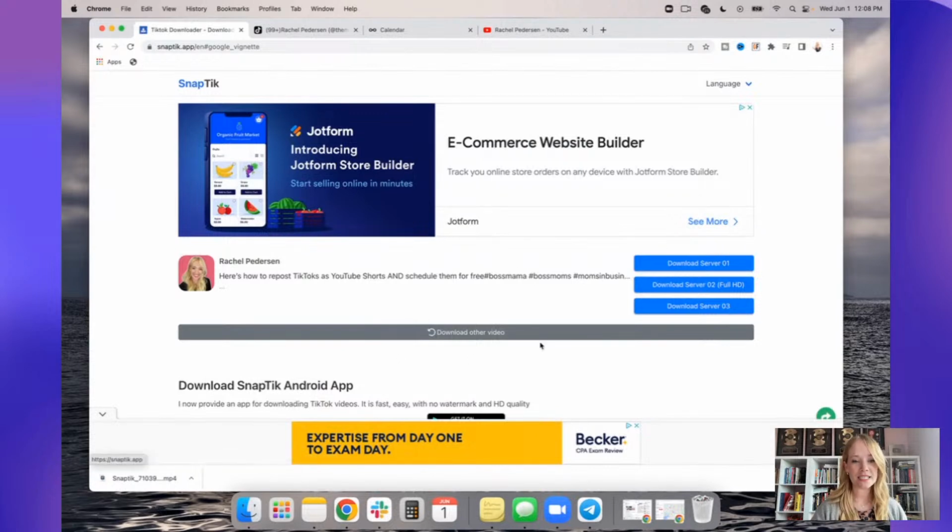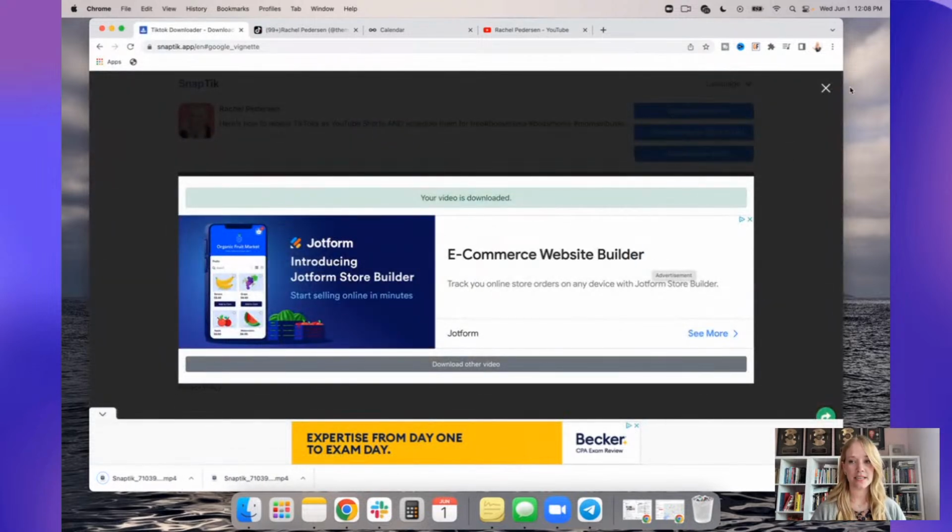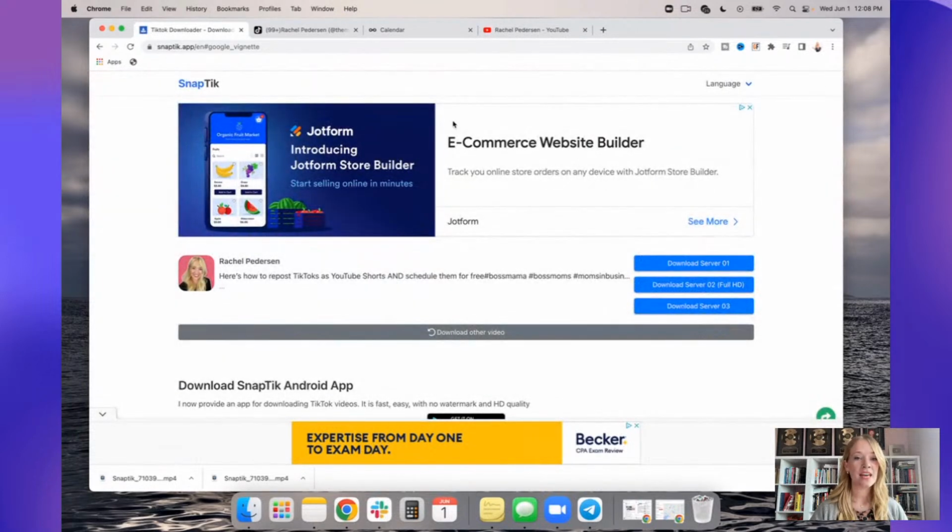Now, once this pops up, this means that it's underway and almost ready to be downloaded. When I hit download, an ad may pop up. You can just close it. See, just like this. And if it doesn't download before the ad pops up, just hit close. All right. So I go ahead and download it. Then I'm going to go to